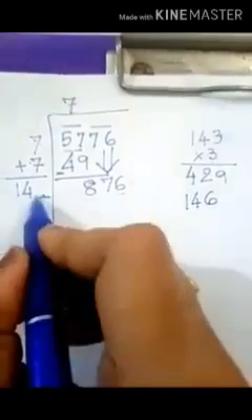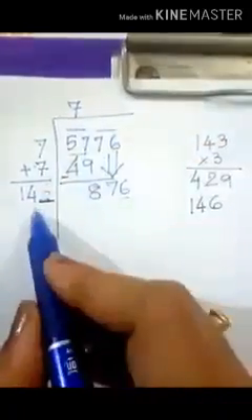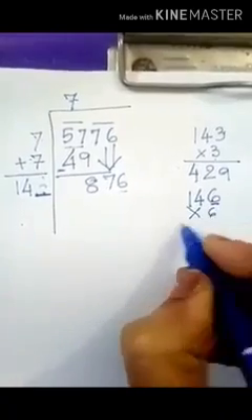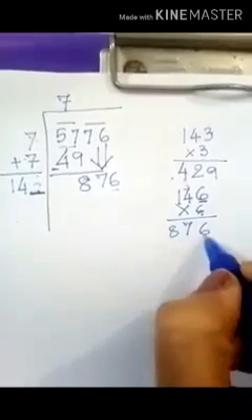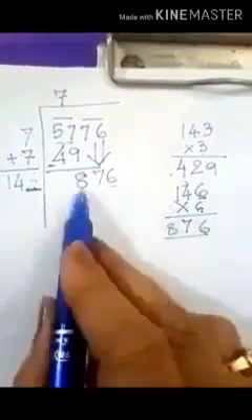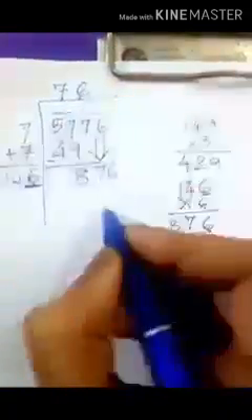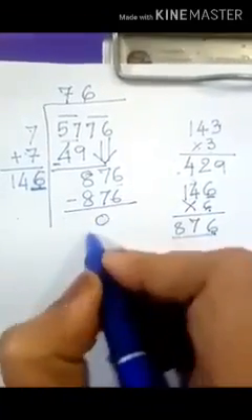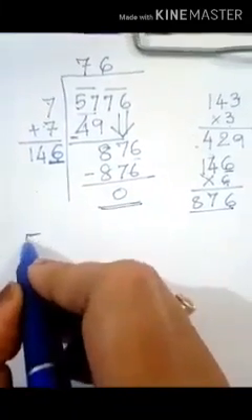146. The new number if I write here is 6. Remember I have to write 6 here also. It means 146 should be multiplied by 6. So 6 6s are 36. 146 6s are 876. Multiply and check. So I got the same number. So 146 6s are 876. When you subtract, you are left with 0. Your division is complete. So the final answer we'll write here.